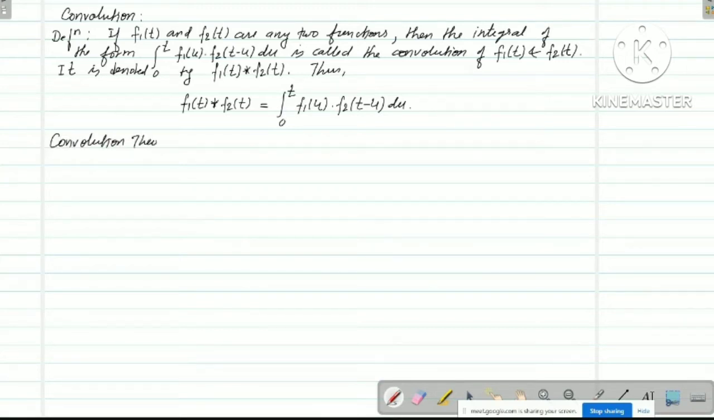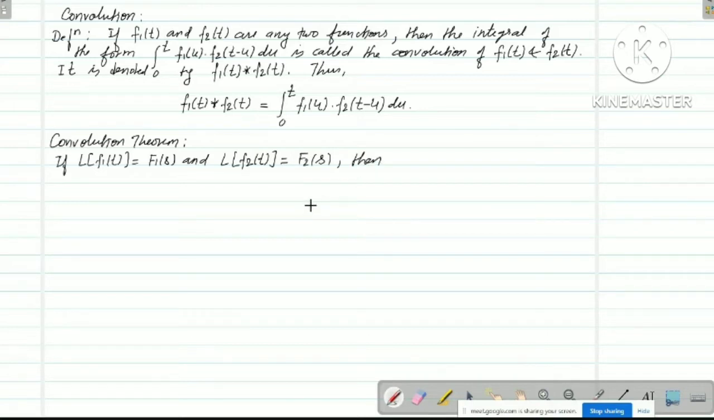Convolution theorem. So what is the statement of the convolution theorem? We state the convolution theorem, and this is one of the most important theorems in your Laplace transform. If the Laplace transform of the function f1(t) is equal to capital F1(s), and the Laplace transform of the function f2(t) is equal to capital F2(s), then